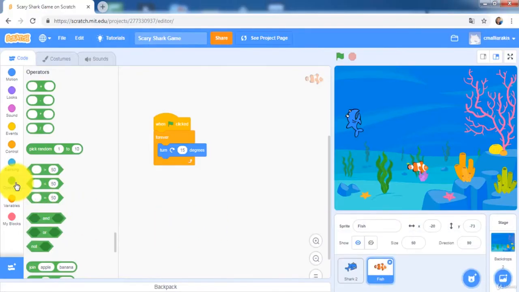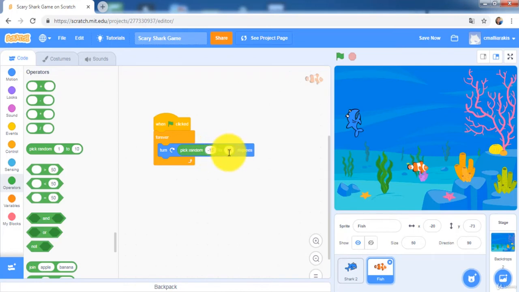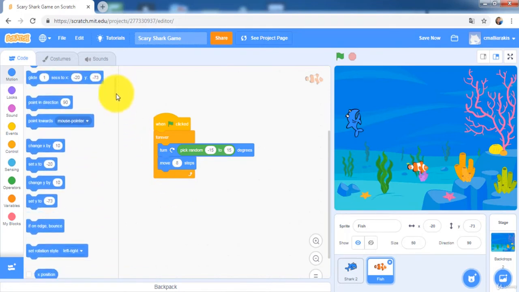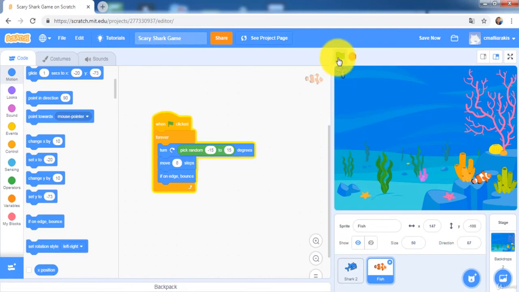I'll go right here to operators and pick random from -15 to 15 degrees, and then go back to motion and click move. I will move not 10, I will use something smaller, 8 steps for example, and then if on edge, bounce. So let's try right now, and I will see, okay, you can see that my fish